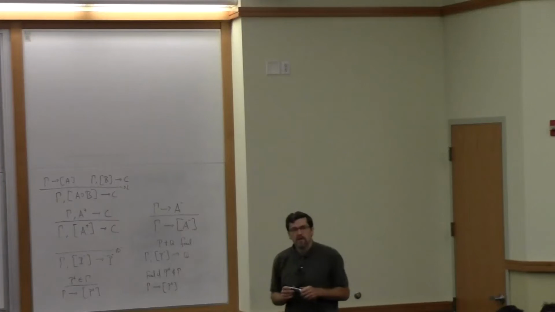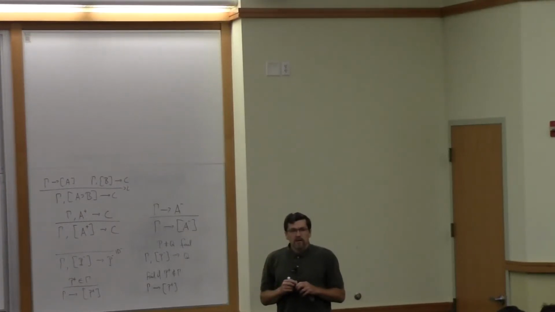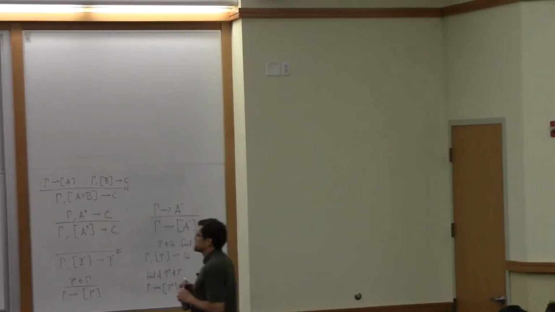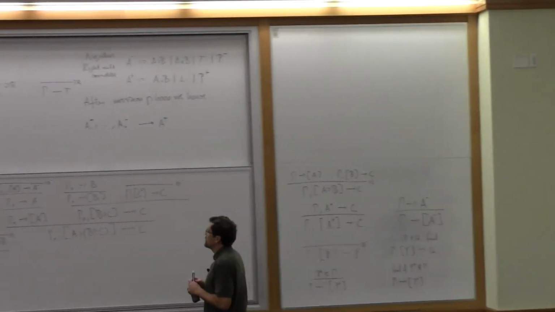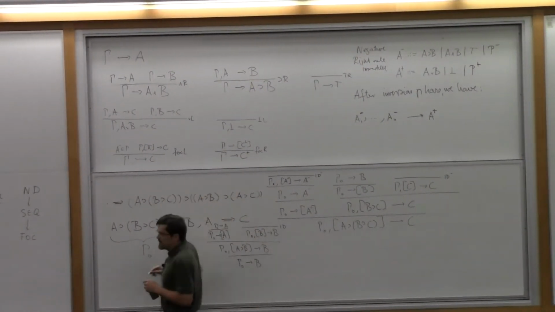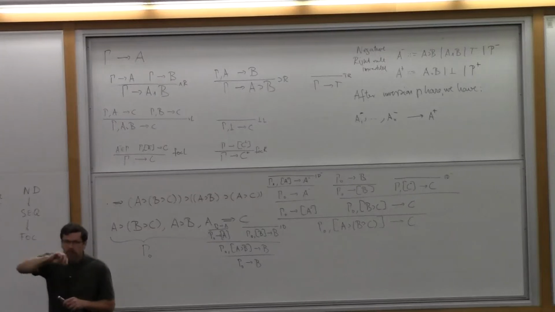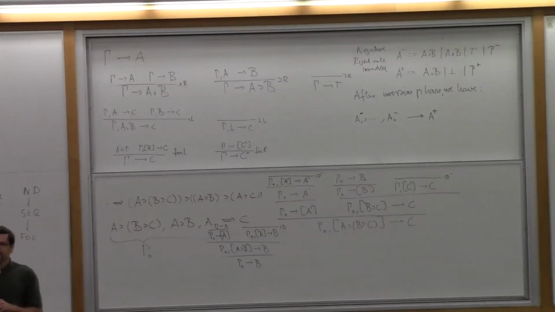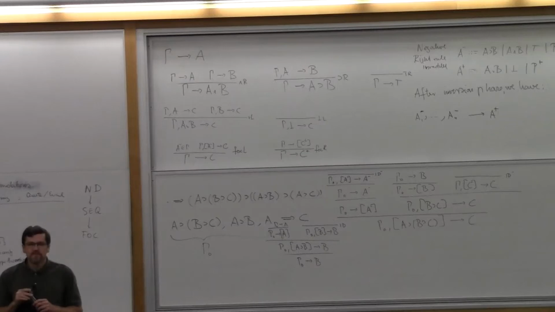So this presentation is intuitionist, so there's only one conclusion. So what is the benefit of having focusing on the right? Because if you don't have focusing on the right, then you don't prevent focusing on the left. So you can be only one focus in the sequence at a time, either on the left or on the right. So if you don't have that, then you're losing that control.